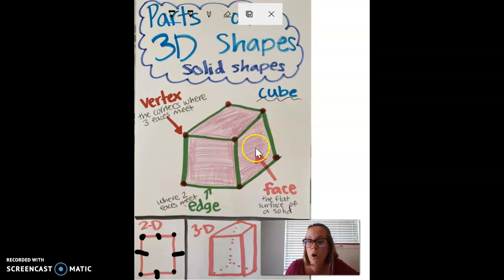And then also our flat surface here, we now call this the face. And the face is the flat surface of a solid. So those are all the parts of our 3D shapes, our solid shapes. And so each time we do a new shape this week, we're going to be talking about how many vertices, edges, and